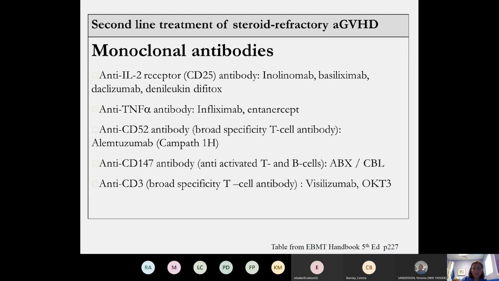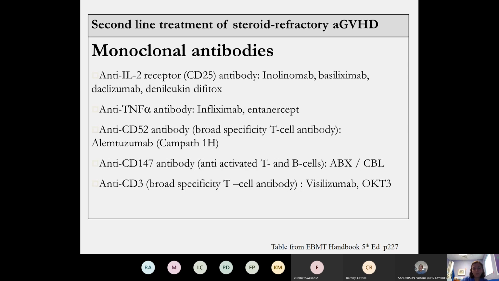Basiliximab, daclizumab were very much in vogue a number of years ago, and they're anti-IL-2 receptor blockers. And you'll remember that IL-2 is involved in the T cell activation phase of GVHD. TNF-alpha, again, is involved in recruiting CD8 positive cytotoxic T lymphocytes. So it's not a bad thing to block it. And infliximab seems to have some specificity for gut GVHD. Alemtuzumab,